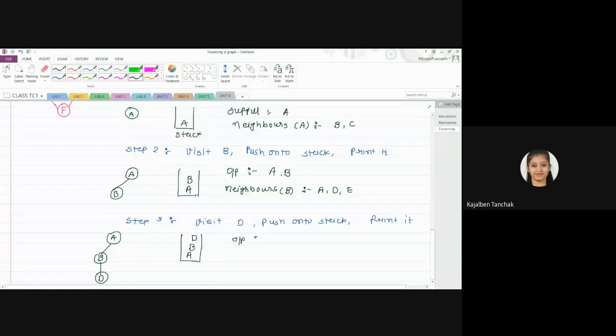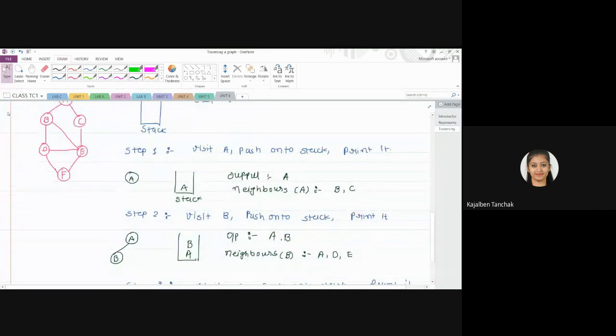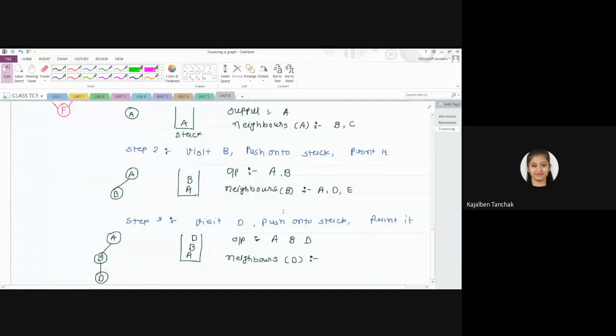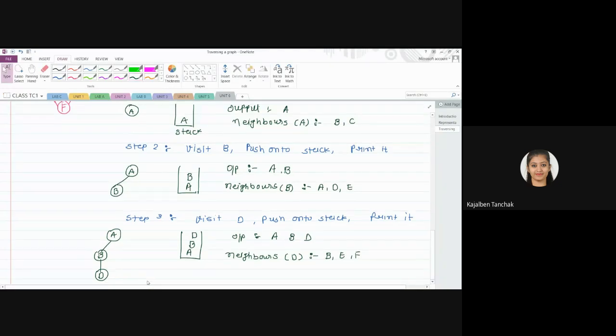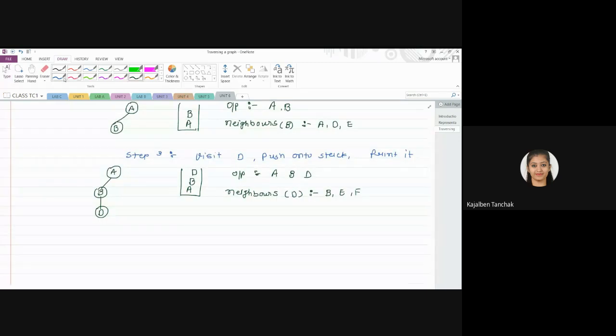We will print output A, B, and D. Find the neighbors of D. Who are the neighbors of D? B, E, and F. Since B is already visited, visit either E or F. You can visit any of the nodes. So let us visit E first, and then we will visit the rest of the other nodes.